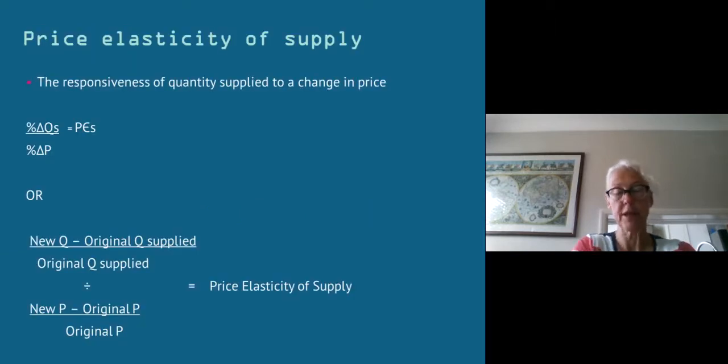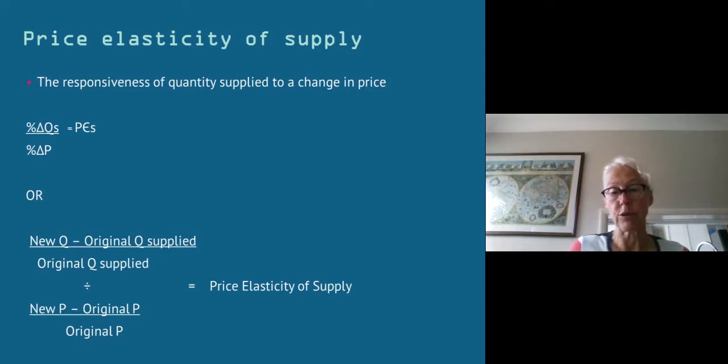So you can calculate this very much in the same way as you would calculate the price elasticity of demand. And as it says there, it's basically about the responsiveness of the quantity supplied relative to a change in price. So you can see a very similar equation there. You've got the percentage change in quantity supplied divided by the percentage change in price, and that equals the price elasticity of supply. And if we break that down into the different components, say you've got the new quantity supplied